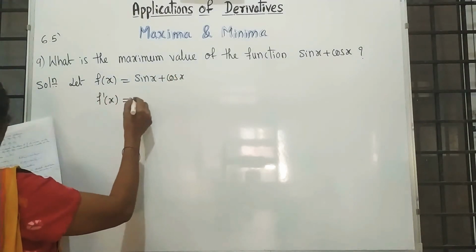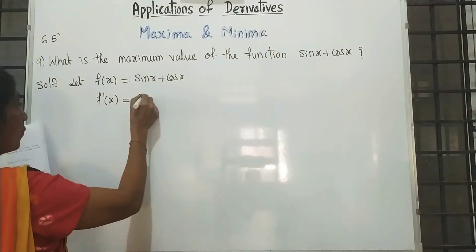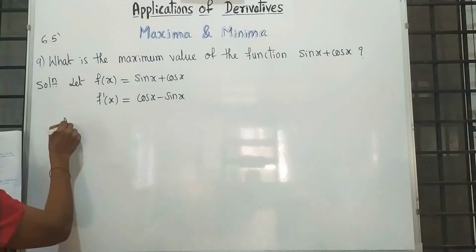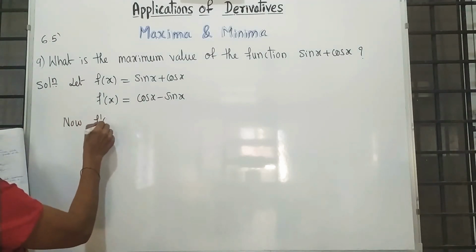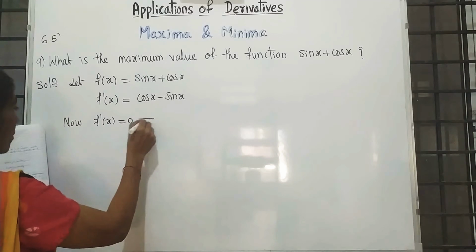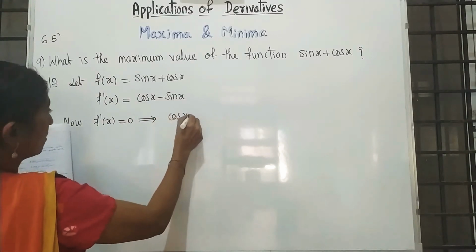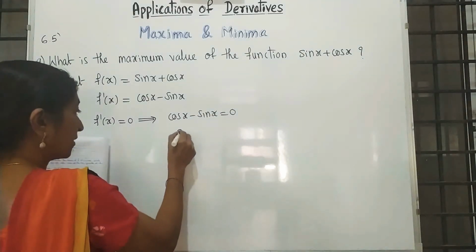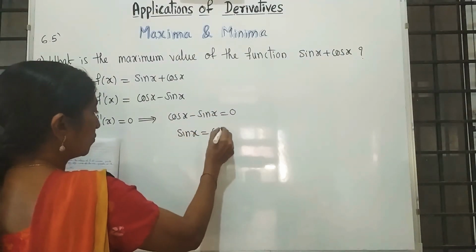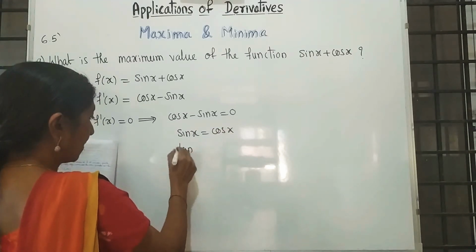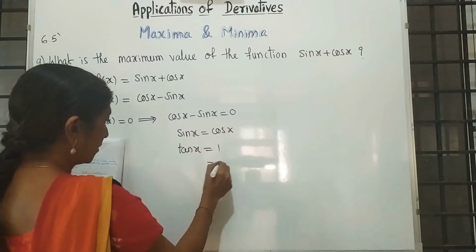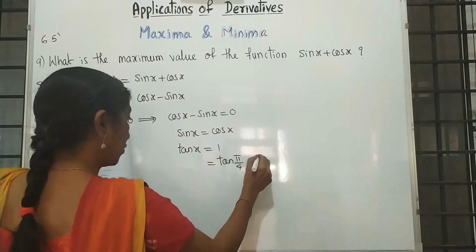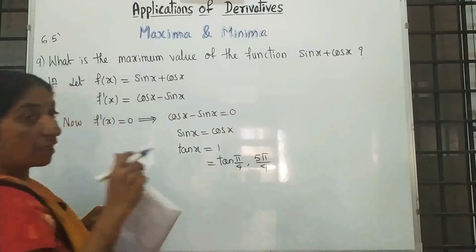f dash of x is, differentiation of sin is cos, cos is minus sin. Now equate this with 0. When you equate the first derivative with 0, you will get cos x minus sin x is equal to 0. That implies sin x is equal to cos x, or sin by cos, tan x is equal to 1. You are getting that at 45 degree and also at 5 pi by 4, that is at third quadrant,